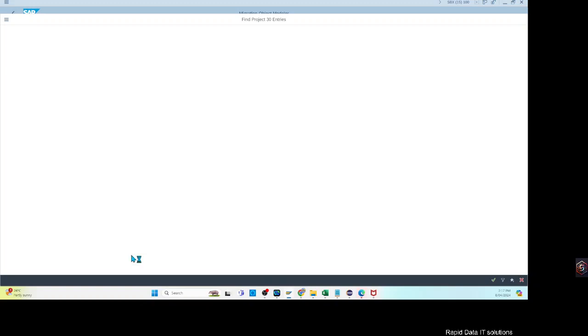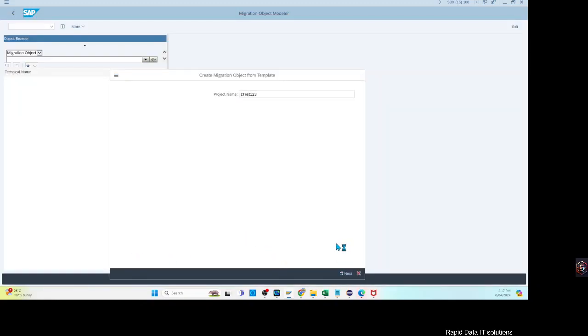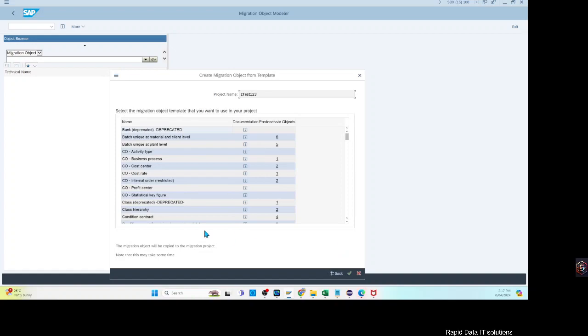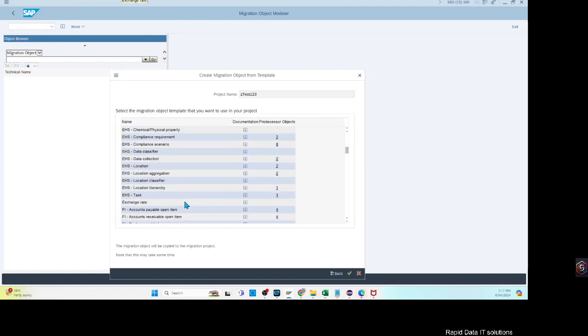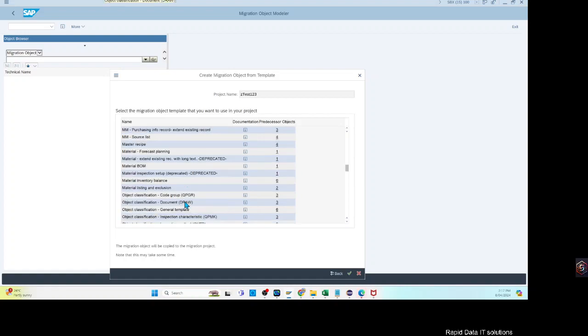Let's see this one. And in this one we got, there you go, the inventory balance here. So we're going to take this particular object as part of the extension that we want to see how it works. Okay, it's coming through,